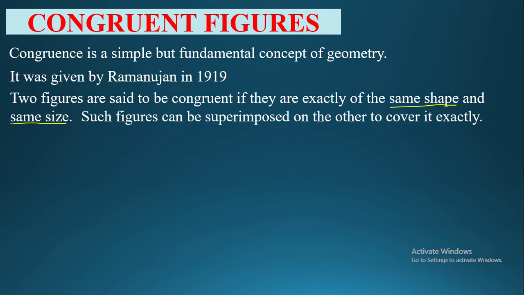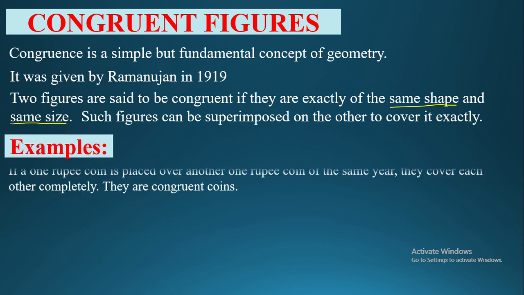Such figures can be superimposed on the other to cover it exactly. That means if we put one figure over another one, the bottom one will be covered properly and their edges will coincide with each other. Example, if a 1 rupee coin is placed over another 1 rupee coin of the same year,